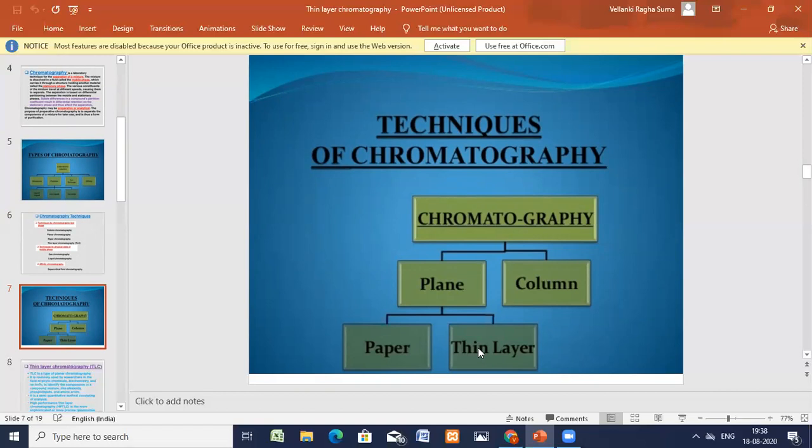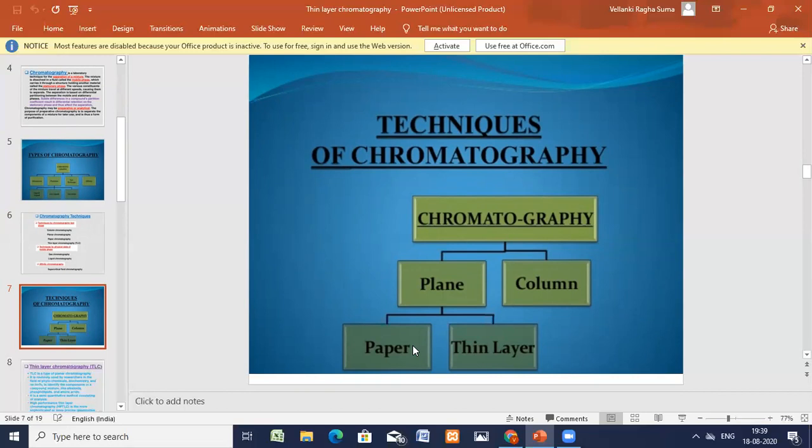Paper chromatography was introduced by Schonbein, and it is considered to be the simplest and most widely used of the chromatographic techniques because of its applicability to isolation, identification, and quantitative determination of organic and inorganic compounds. Unknown substances can be analyzed mainly by the flow of solvents on specially designed filter paper.